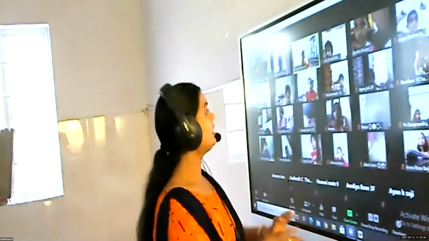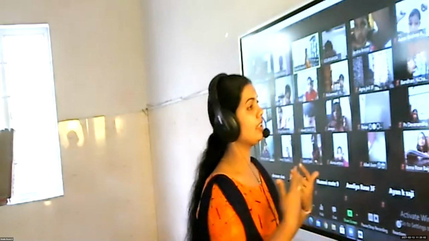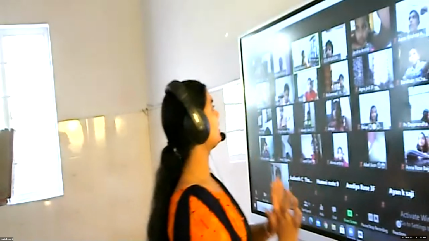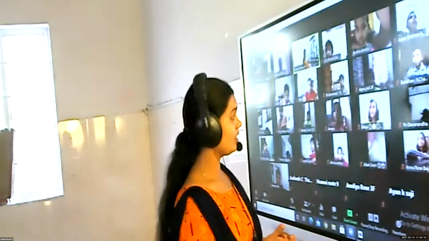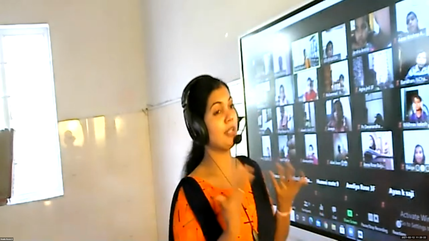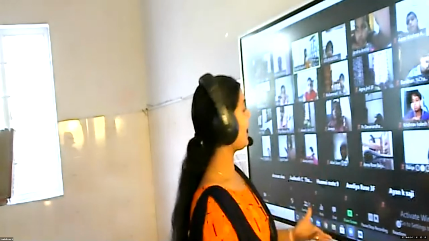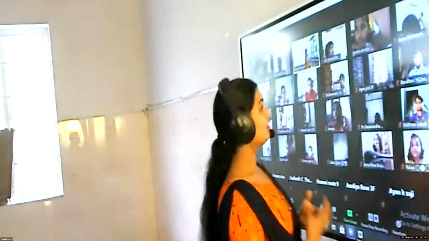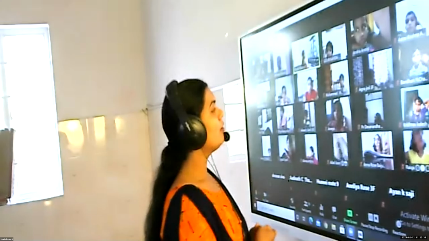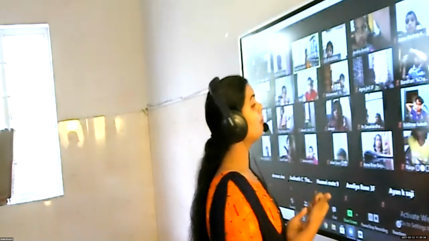And bigger weights we will measure in kilogram. So kilogram is the biggest unit to measure weight. For example, if you want to measure the weight of your body or the weight of an animal, you use kilogram. If you want to measure the weight of sugar, rice, vegetables, fruits, all these are measured in kilogram. Now, 1 gram is equal to how many milligram?